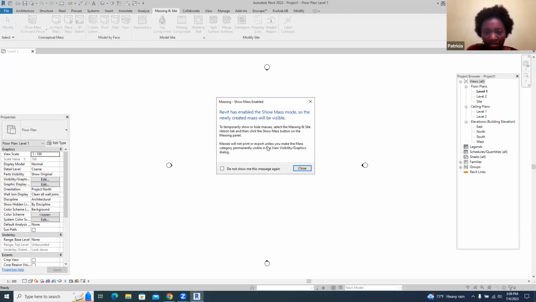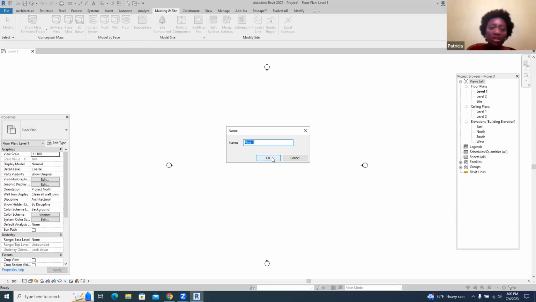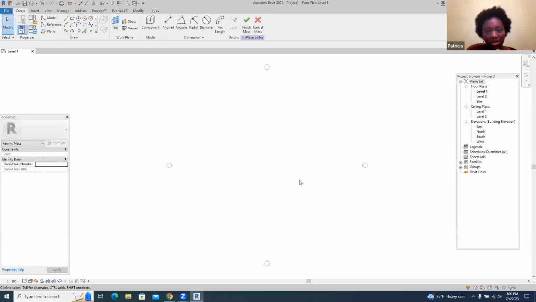It will always give this message: it has enabled the show mass mode and newly created masses will be visible. Most times it will give it a name too. Yeah, so we want to start sketching. But before we do this mass that we want to make, we can make levels. Right now we have level 1 and 2. So for instance, if you want to work on a high-rise building,